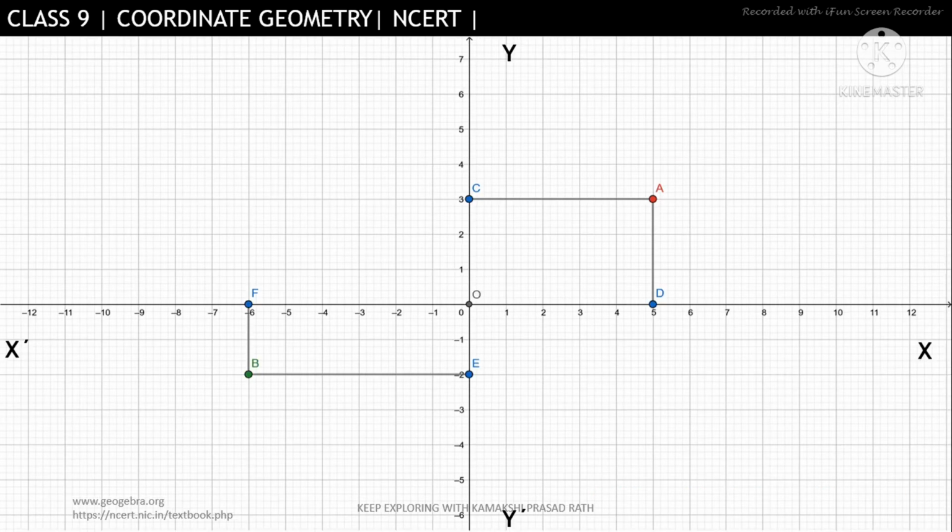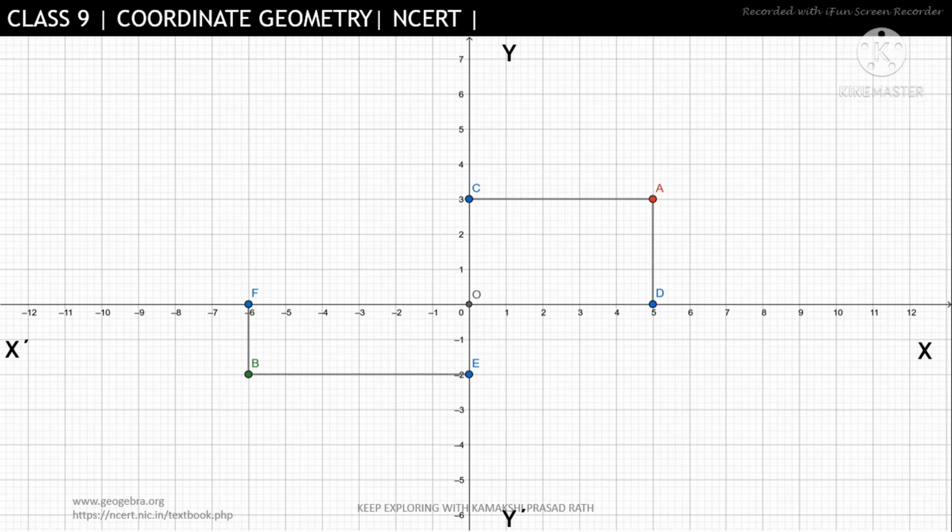As you can see here, from the point we have drawn a perpendicular to the y-axis, that is AC. So AC is the perpendicular from A to the y-axis, and AD is the perpendicular from A to the x-axis. Now let's see how it works. First, we have to know the position of A from the y-axis. As in our paper activity, we found the position of the dot from the left edge and the bottom edge. The same way, to know the position of A, we have to see the distance of A from the y-axis.